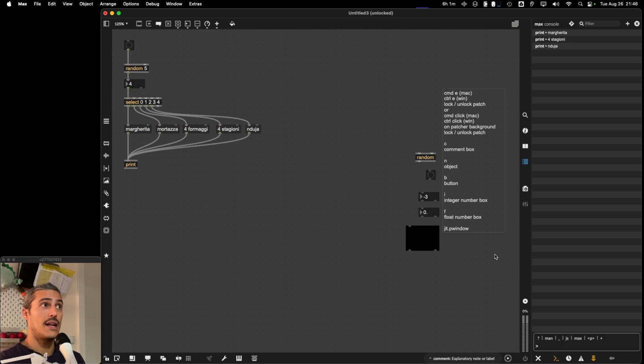Jit.pwindow. Okay, now you see one thing. Why is this called jit.pwindow instead of only pwindow? Well, there are different objects in Max. They do different things. There are kind of normal Max objects like the one we are using here. This is jit.pwindow. Jit is the video part of Max. And then there are also audio objects. For example,